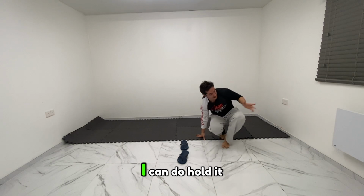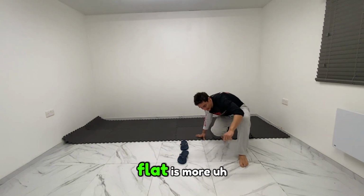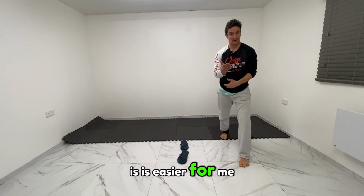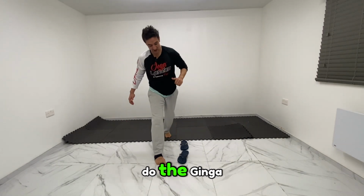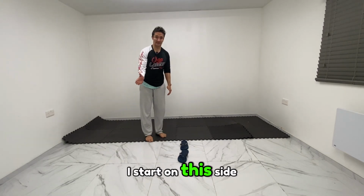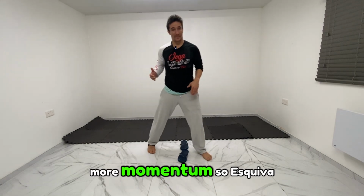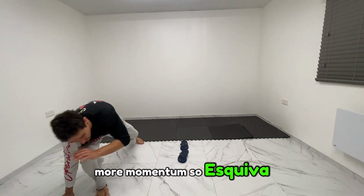And from here, I can do rolê that way. I can extend my leg. I can place my foot flat. It's easier for me to stand up. Does that make sense? And from here, I can do the ginga. I'm gonna keep the line there so you can see that I start on this side and I go to the other side now with a little bit more momentum. So, esquiva, 1,